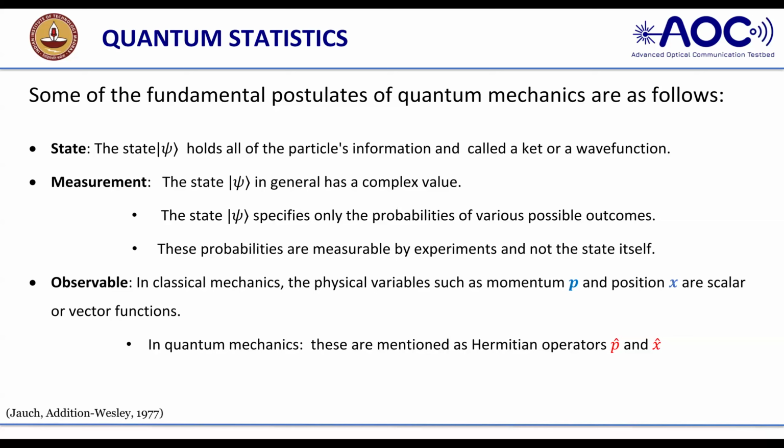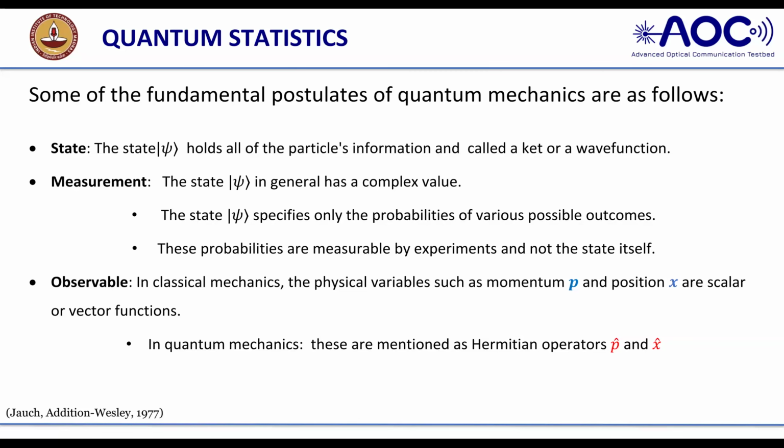Generally we have a ket. Can you see the marker? Is it visible? So we have the state, and I have written the Dirac notation, psi. It holds the particle information and is also called the wave function. So psi represents something like how we see the electric field. If you see the electric field, you will write E of r, t, a position with time. You will get E naught cos(omega t minus beta z). So it is a function of t and z, which means that the electric field has the information of position and time.